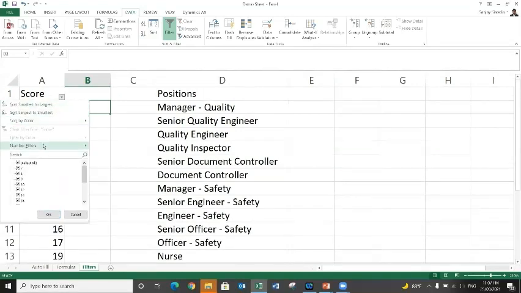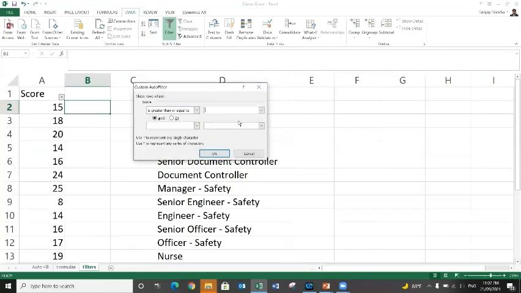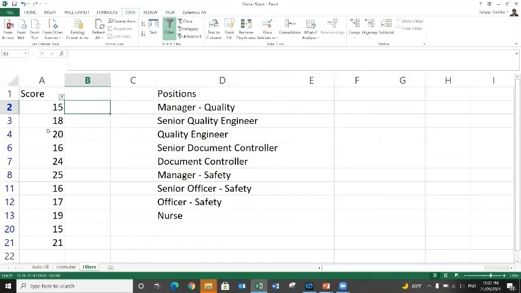The other options that you can use, if it's a number filter, are various other options like equals to, does not equal to, greater than or equals to. So say for example, we are using a filter greater than or equals to, and here let's enter a number 15. So whichever data point is 15 or greater than 15 will be displayed.